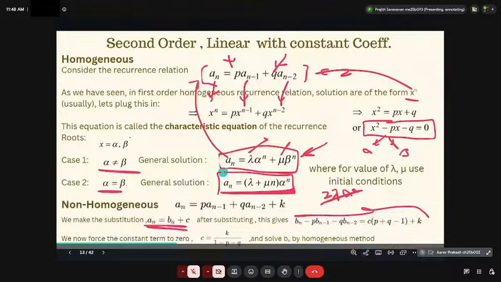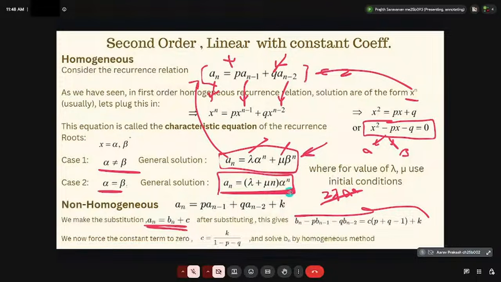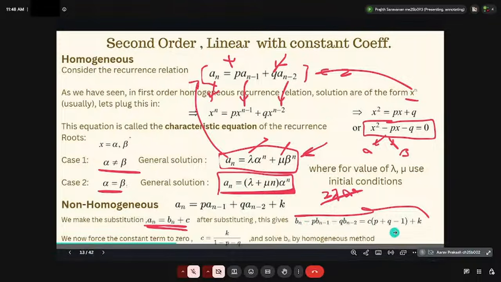Again, there is no proper derivation to get this one. This is a characteristic equation, and from that we are getting this. If you put 2 lambda into alpha^n over here, it will not satisfy it. We need an nth term, only then we will get alpha^n terms in the equation. You can substitute and check it. Over here, you will get this expression by substituting this. Again, we will enforce the RHS to be 0. C is a constant that we are choosing. It could be any constant. So if I choose a C such that the RHS over here goes to 0,